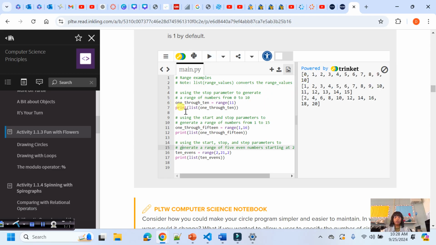For lines 6 through 7, you printed a range of numbers 1 through 10, and you have 11. The range is 11 because it started at 0. For lines 11 through 12, you printed the range 1 through 15, and you started with 1 and you go to 15. 1 through 16, you start at 1 and you go through 15. It doesn't print out to 16. And then for lines 16 through 17, we're going to be